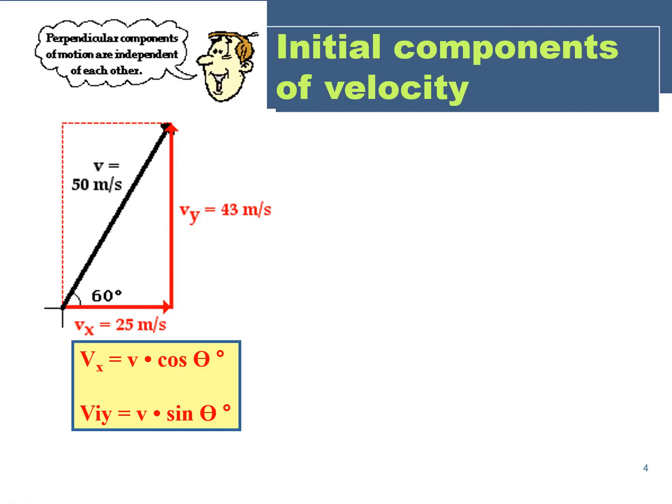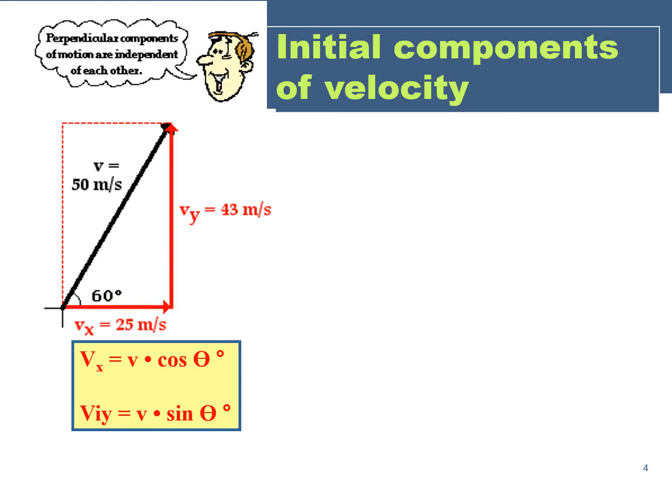To solve for the initial horizontal velocity, we use the equation initial velocity times cosine theta, or cosine 60. Initial vertical velocity is equivalent to initial velocity times sine theta, where theta represents the angle, which is 60 for